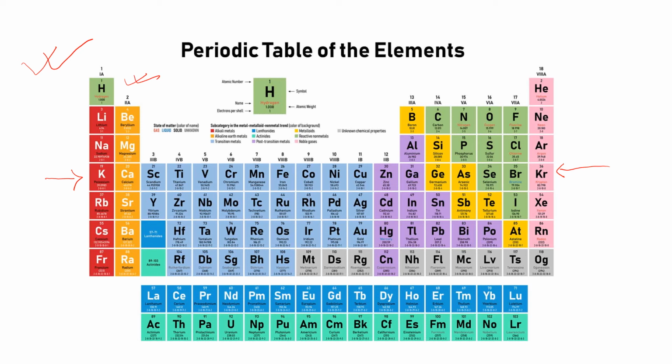In this group we are having the elements beryllium, magnesium, calcium, strontium, barium, radium. Now they all are coming in the same group, that is group number 2A. In this group the elements beryllium, magnesium, calcium, strontium, barium and radium all show similar physical and chemical properties. They are having the same number of valence electrons.